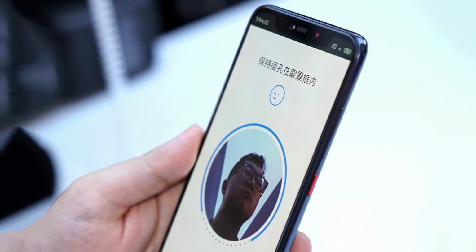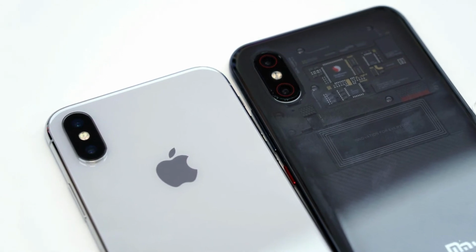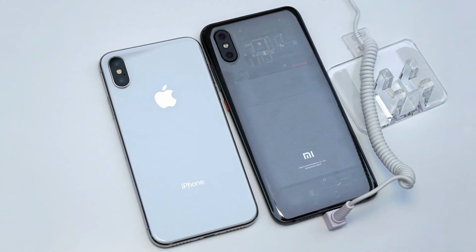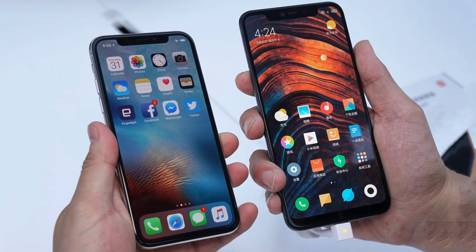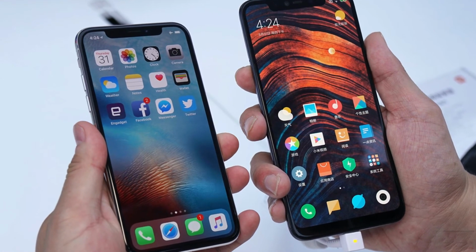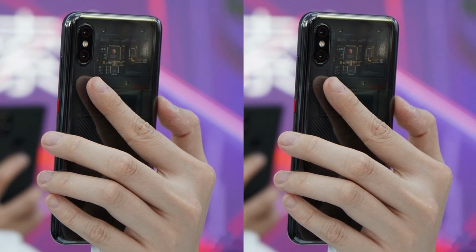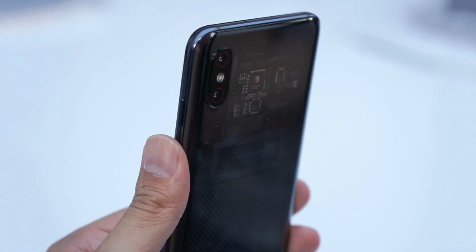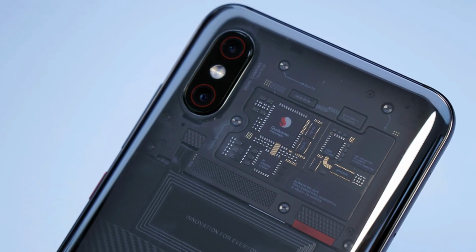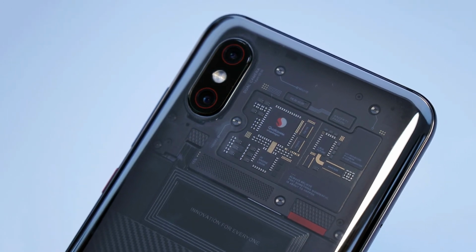I'm not a fan of those random words dotted around the body, especially the two lines that read like they could have been pulled out of fortune cookies. Seriously, one of them reads, "Always believe that something wonderful is about to happen." That's steep. If Xiaomi must keep one line, though, then I'll make do with the "innovation for everyone" tag on the NFC module. Cheesy lines aside, the Mi 8 Explorer Edition appears to be a fun device to have, and